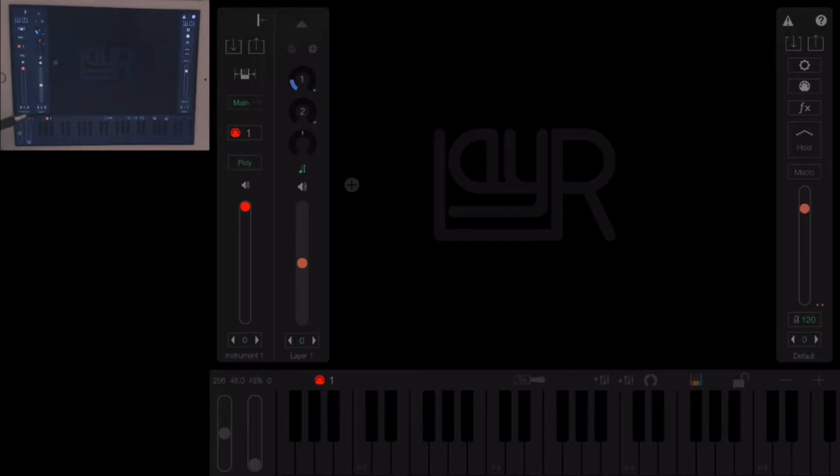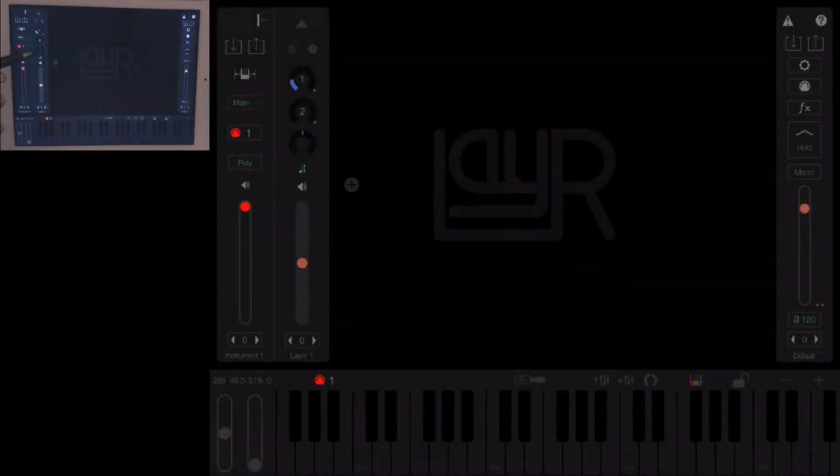Again, like the instrument, we have name, transpose, volume, solo. The green button in the middle is the enable button for pitch bend. So it turns pitch bend on and off for that particular layer. Above that we have pan,